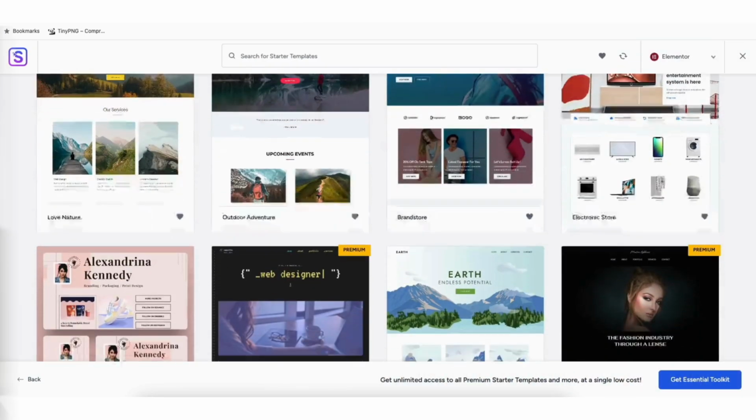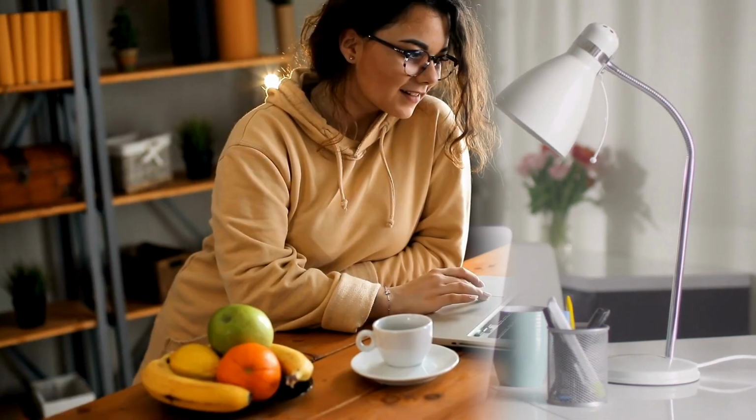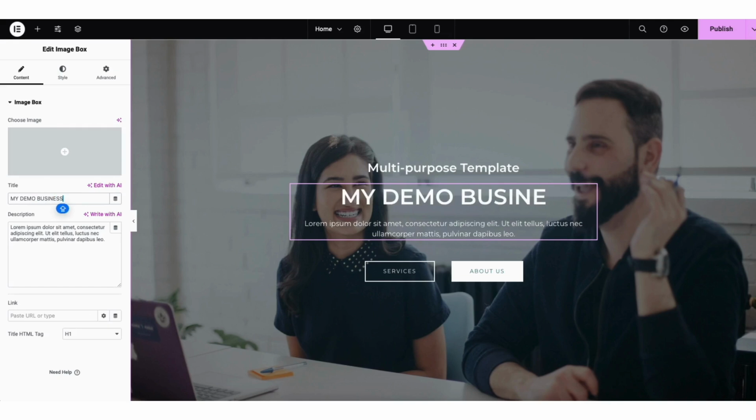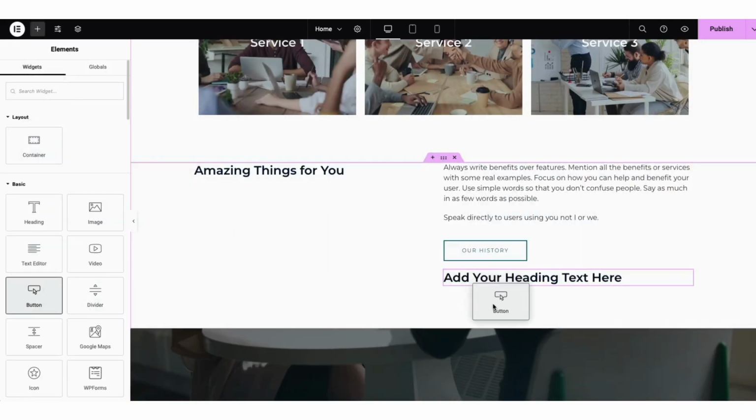You now know how to access pre-made professional templates, how to create a WordPress website or a WordPress blog, and making edits to it using the drag and drop editor, Elementor Page Builder. That is my WordPress tutorial for beginners video going over how to create a WordPress website step by step.